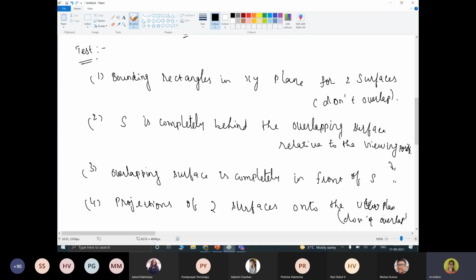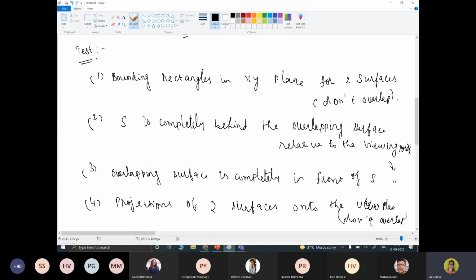So these are all the 4 tests. If any one of the tests is true, no reordering is necessary for the particular surface. We will discuss with an example how these scenarios take place.